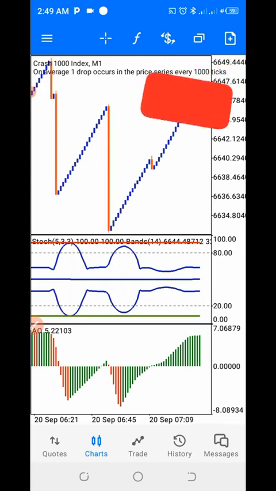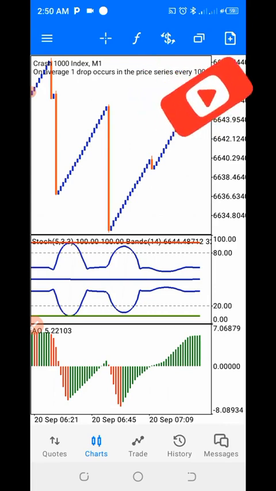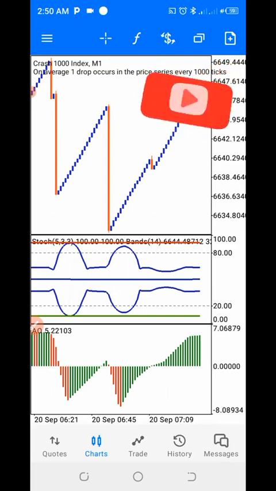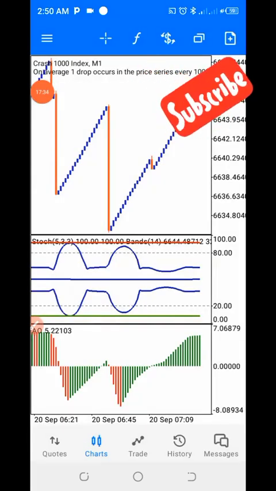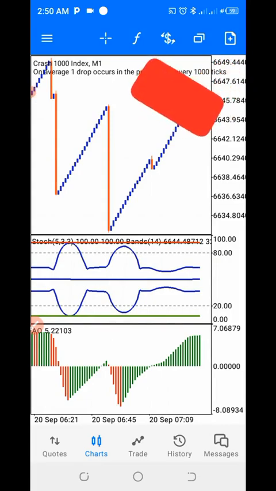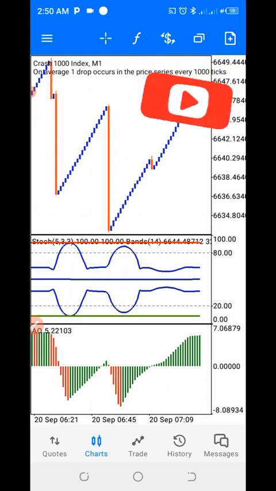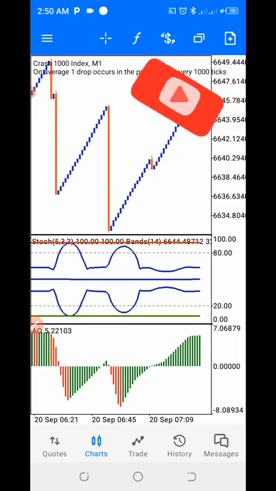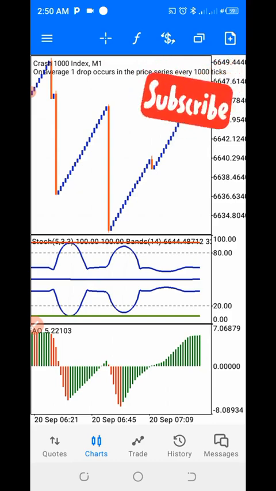So I'm going to be explaining how we are going to be using it in the second video, because I don't want the video to be too long. This is 17 minutes already. So I'm going to do a full details on how we can use this strategy on the part 2 video of this video. So endeavor to watch the part 2 video. You will get the link to this part 2 video at the end of this video.